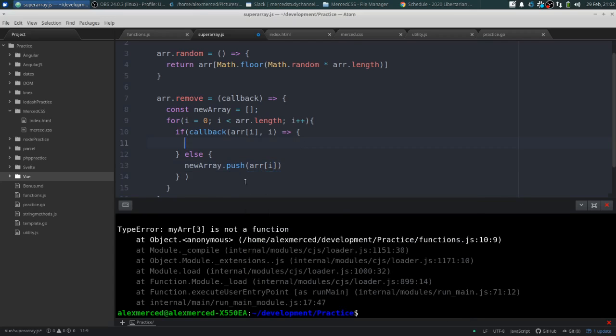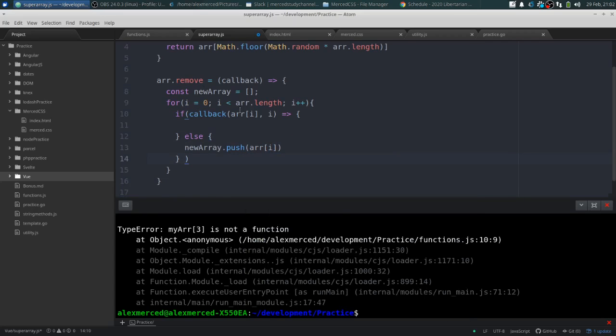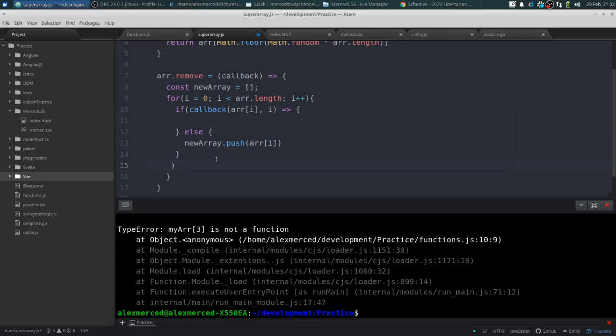Okay. So we're basically going to loop over the array. If the callback returns true, do nothing. If it does return false, then we're going to put the item into the new array. And then when everything is said and done,